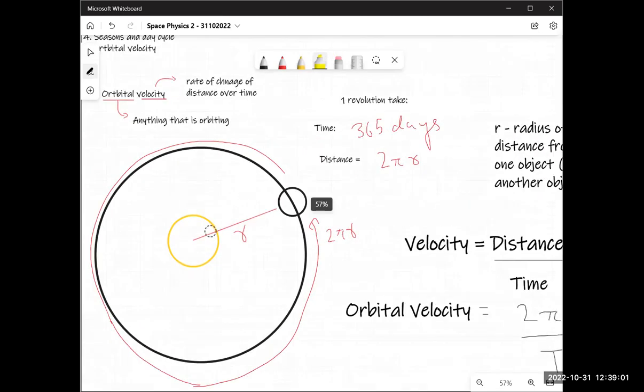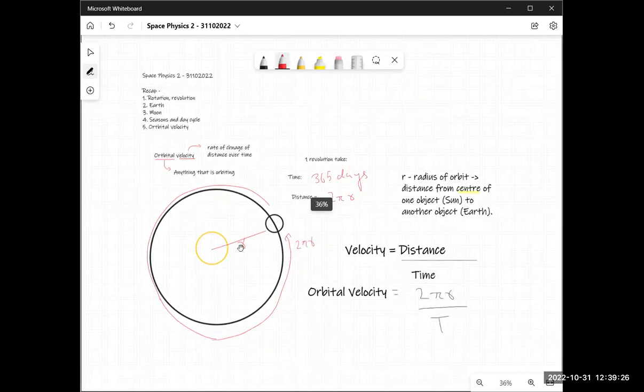Now this is not the radius, by the way. One big problem people do is they take this as the radius, which is clearly not the radius. If this was the radius, your circle would not rotate around the center, it would rotate around this point. Your circle would look something like this. We don't want that. We want the radius from the center, which is going to be there. Now we look at a few questions in a second. But I think that's it.